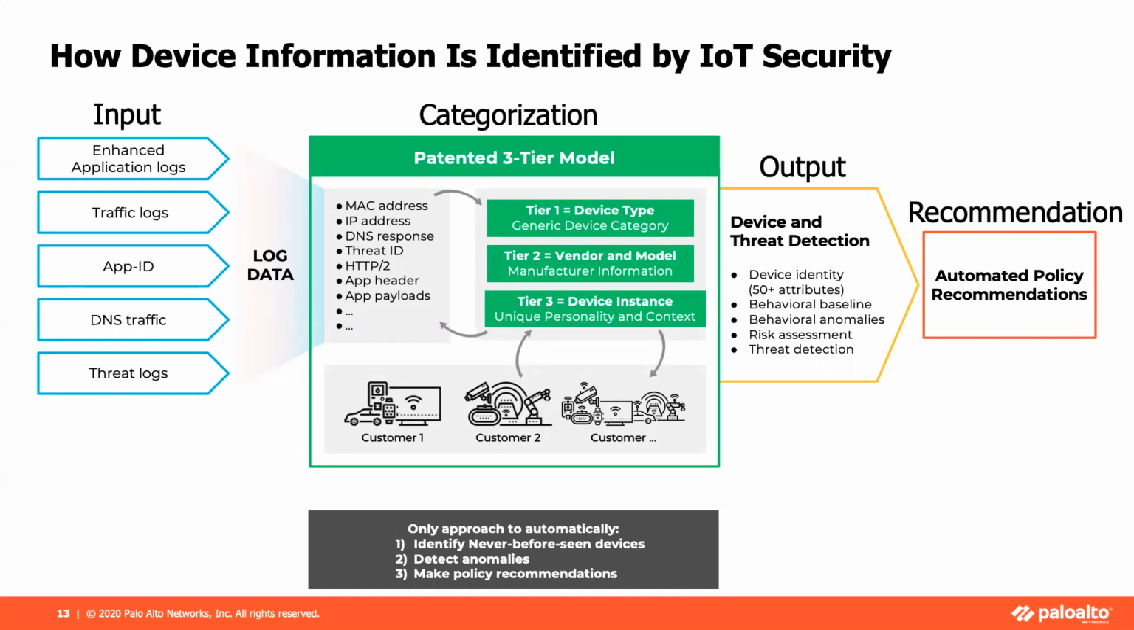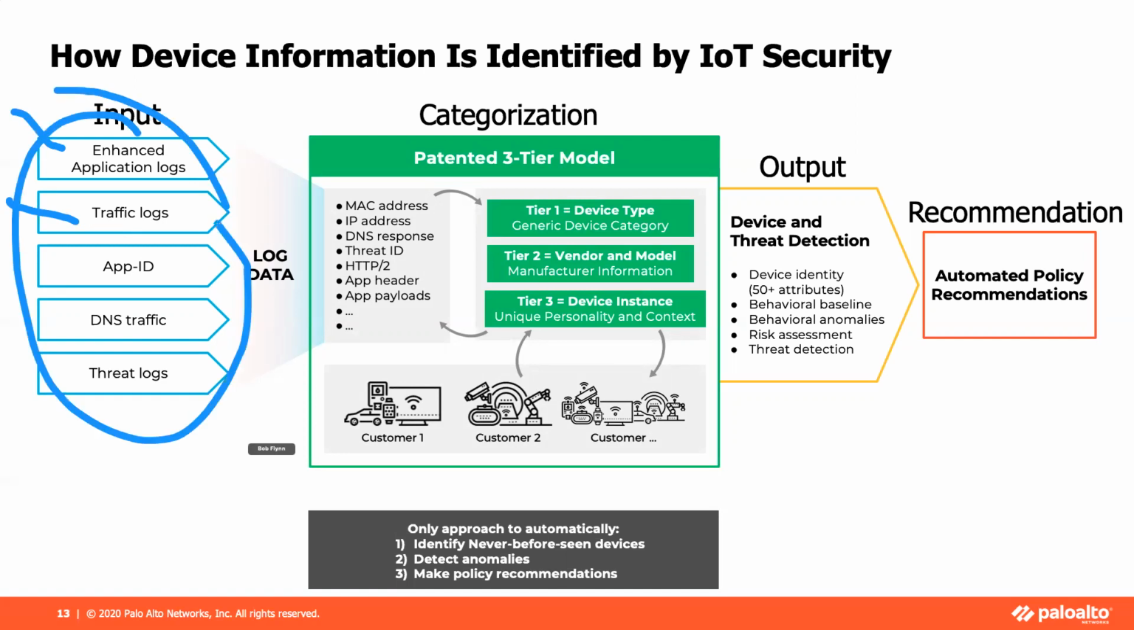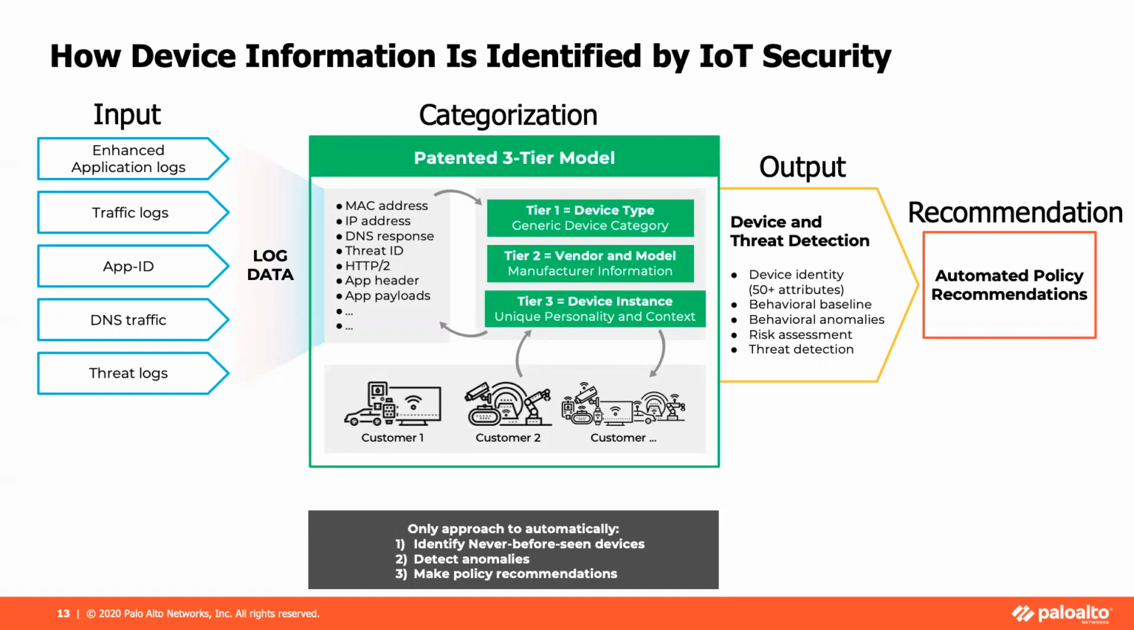So we have a few steps here that we do. Basically, when we see these logs, the enhanced application logs, along with traffic logs and app ID information and threat log information and things like that, all the normal logging we do along with the enhanced application logs, we start to get information: MAC addresses, IP addresses, DNS information, threat information, application headers, payloads, different things from different types of logs. This is that metadata that we're going to use to